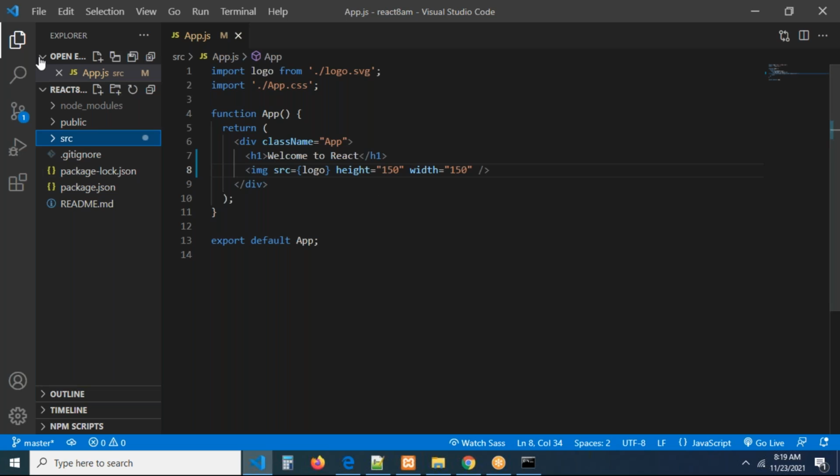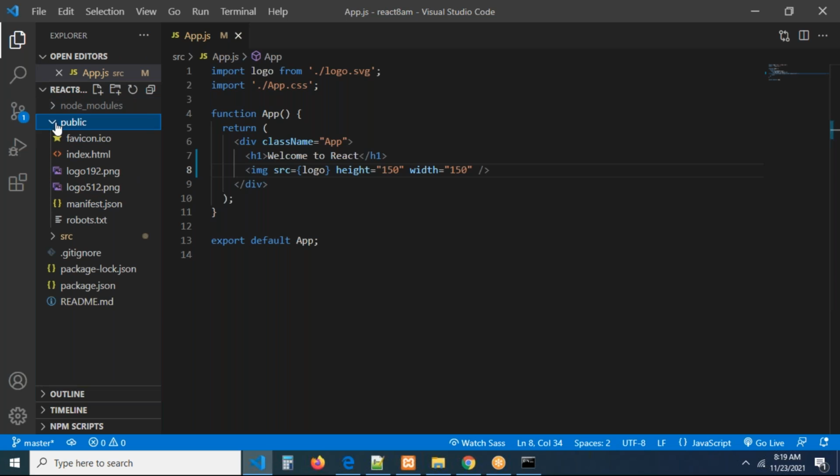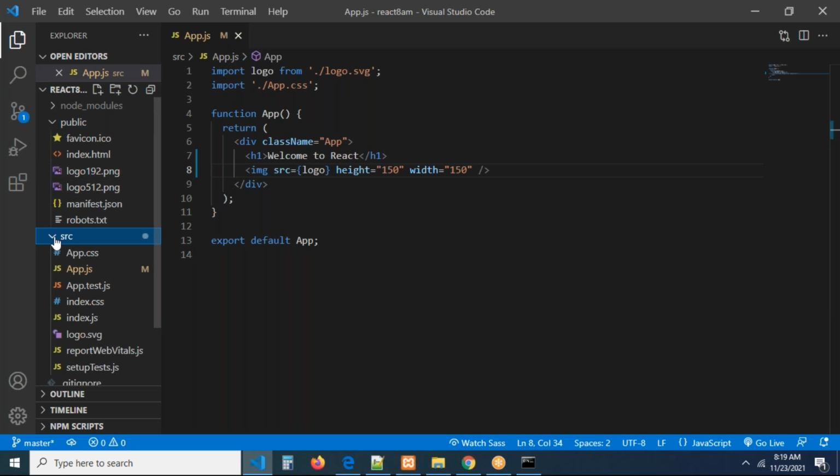And please check this carefully. This is your public folder, we are able to see some files. This is your SRC folder, we are able to see some files. Okay, so let me show you